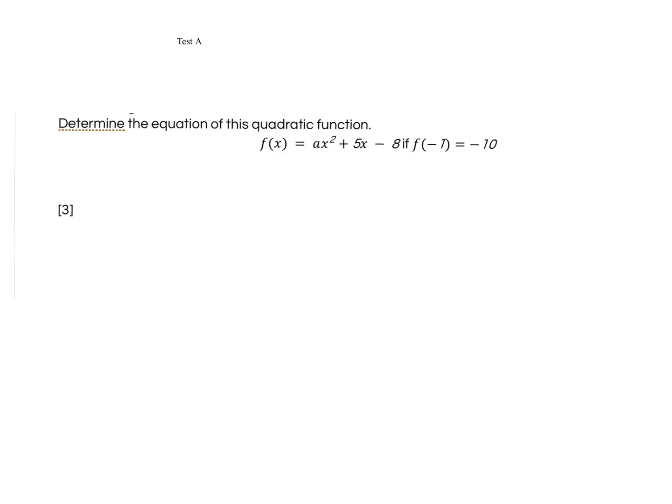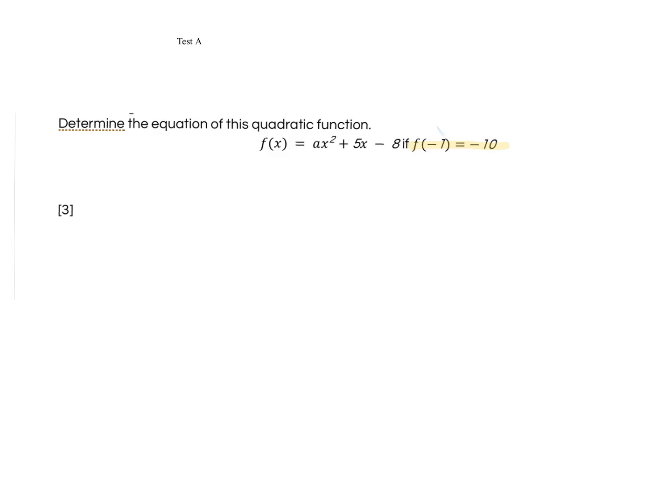Determine the equation of this quadratic function. f(x) = ax² + 5x - 8. So to determine the equation, we need to find a. We also know that for a particular value of x,